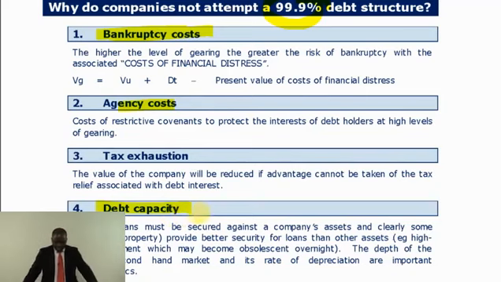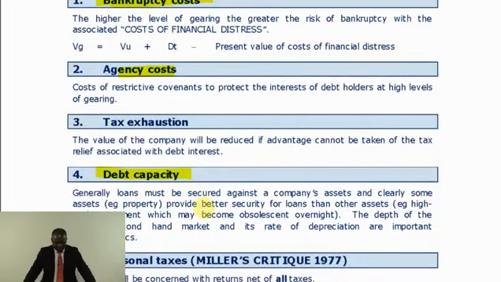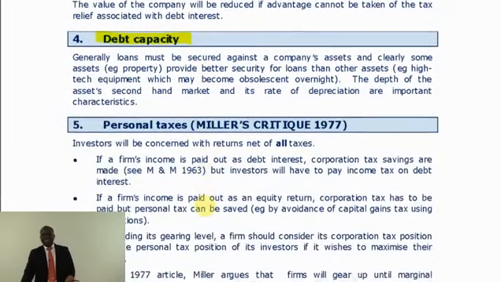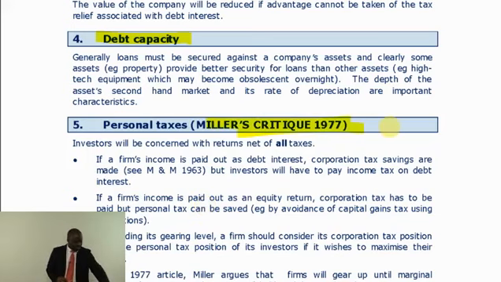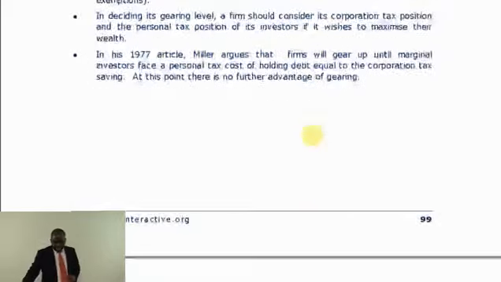So here, what I'm going to tell you is just read, so that I'll take the time to do the complex aspect of it for you. When Miller and Modigliani came in 1963, they only introduced corporation tax. They forgot about personal tax, that when somebody gives you money and you pay interest, that person will pay his personal tax. So Miller alone came in 1977. Modigliani couldn't come. Miller alone came in 1977 and then brought in the personal tax.